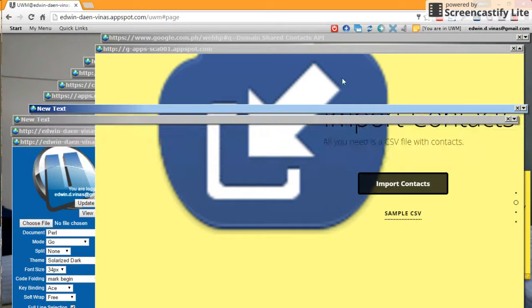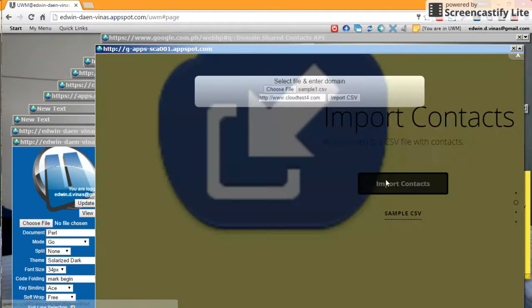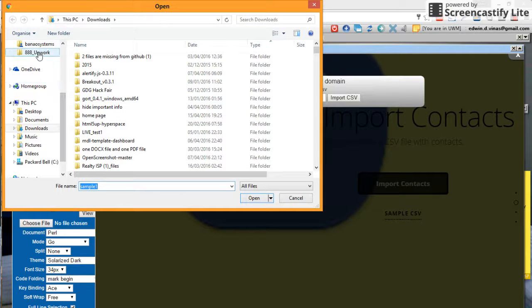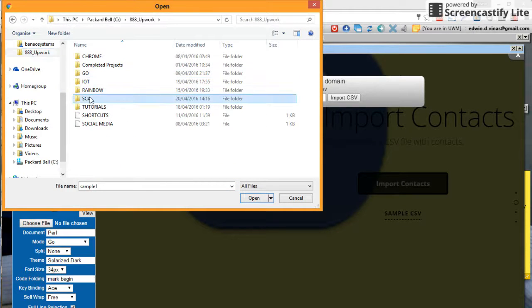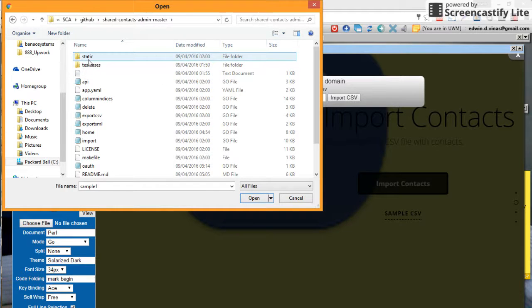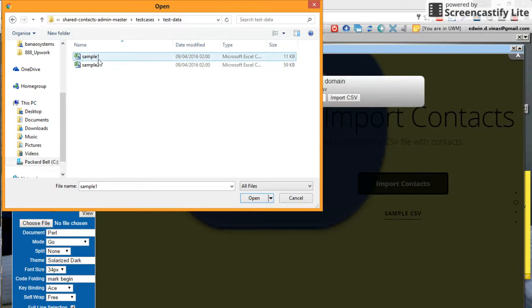So using the SCA tool, you're going to click import contacts, point it to the directory where you have the sample CSV format. Actually, there's a sample CSV that comes with the SCA tool.